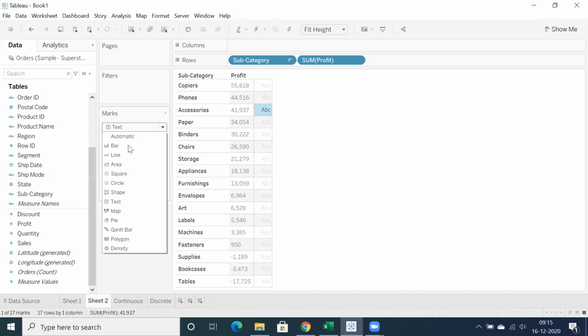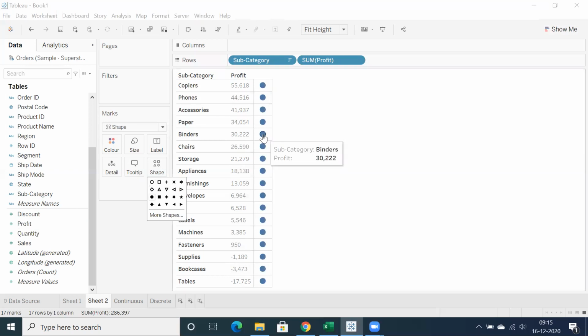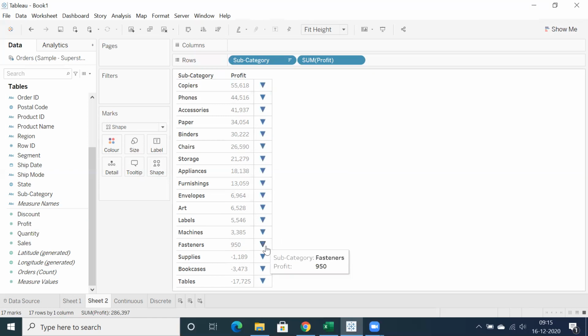Whenever you use shape, I can see a circle by default. If you want to showcase a circle, you can; if you want arrow marks, you can showcase those. But my requirement is, if the profit is greater than 0, I want to showcase an up arrow, and this is the down arrow. Correct? That is my requirement.